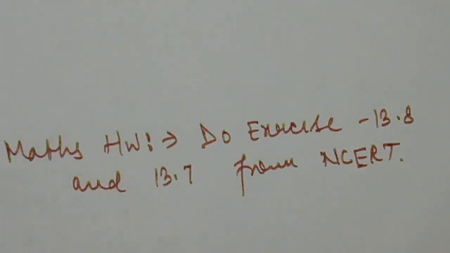You have to do all the questions in these two exercises. Calculation is also a little bit difficult because in 13.8 volume r cube is also there. We have to multiply the same thing three times. So you have to be patient and solve the questions